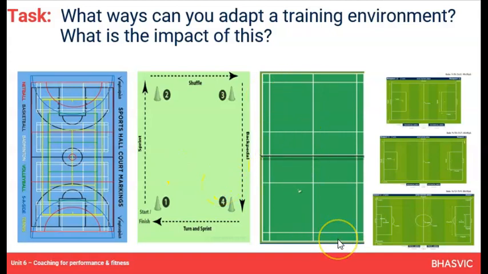This represents how, I guess, a lot of courts can be used. So if I've got a large number of participants and I've got 4 badminton courts in a sports hall, I would have half court activity. So I might have 2 or 3 players that swap on and off this half court, or pairs swapping on this half court, and another set playing on this half court. So it's a little bit more challenging for them. There's less area to play in, but it might be a necessity because I've got a big group.